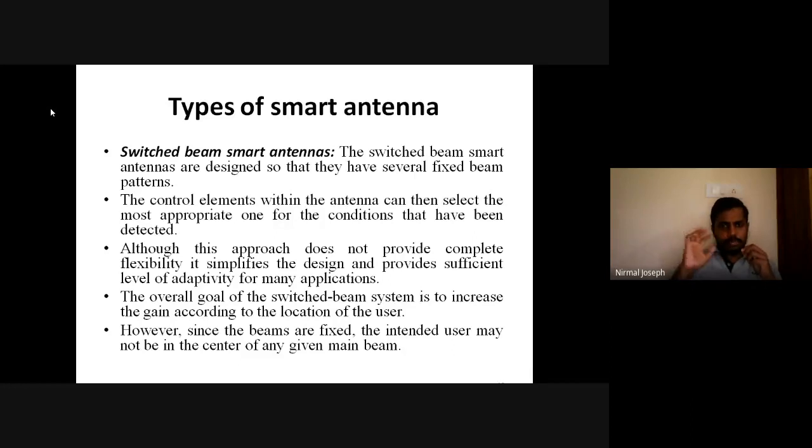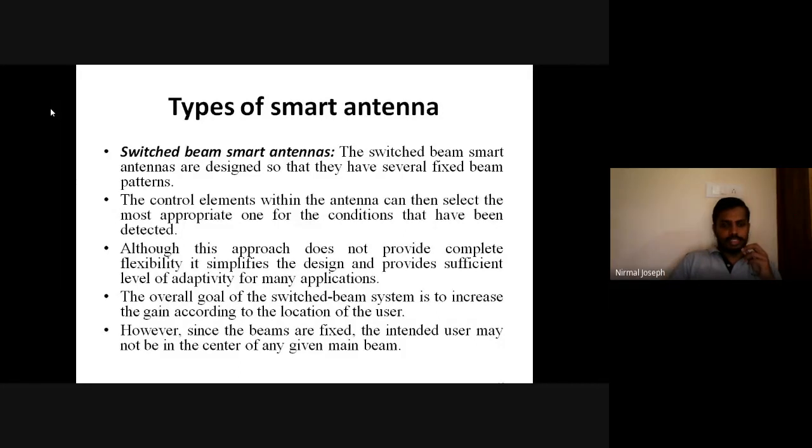So it is not completely flexible, but this design is simple. Suppose for 360 degrees, we can fix some 12 points or 8 points like that. So the design will be simple. But one disadvantage is that it is not completely flexible. So if the receiver is located in between these two fixed positions, then we have to